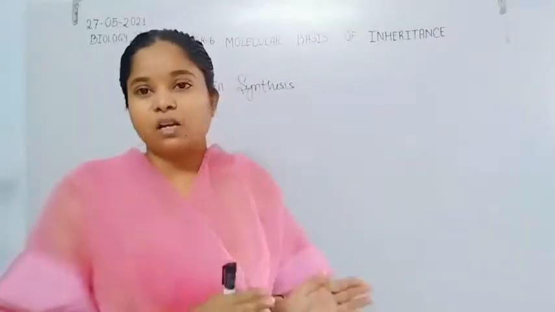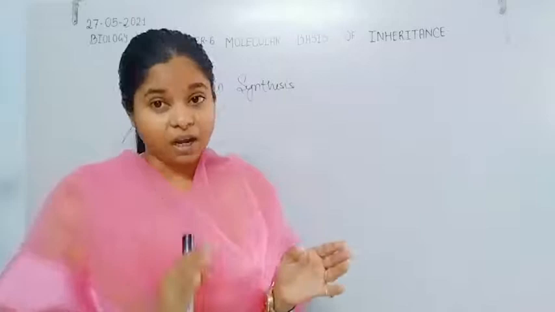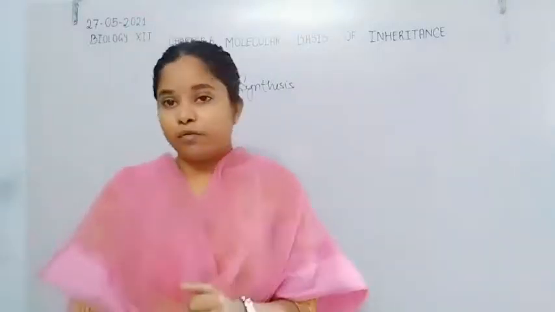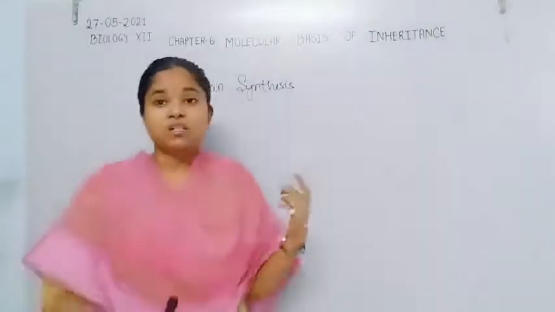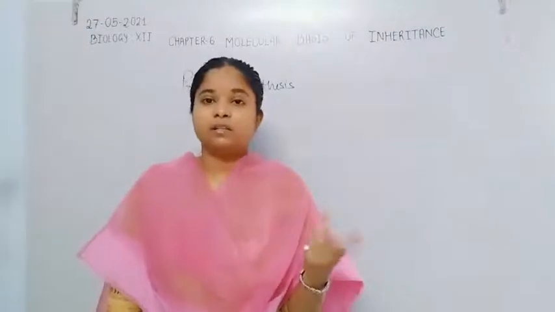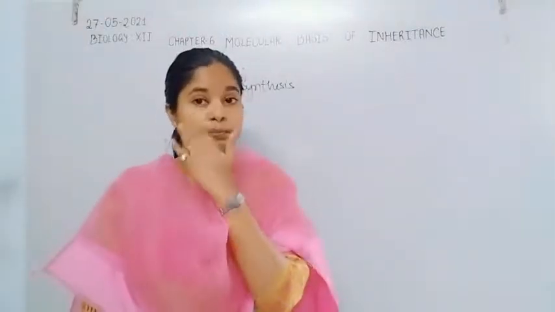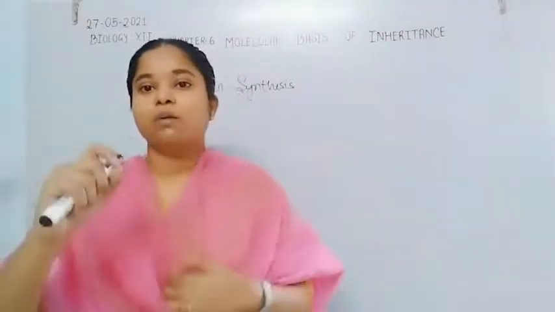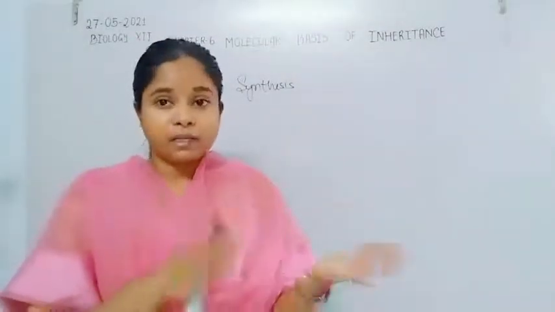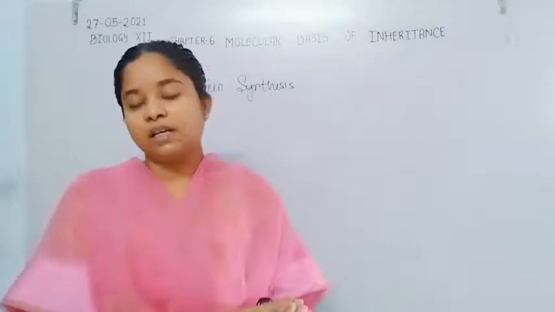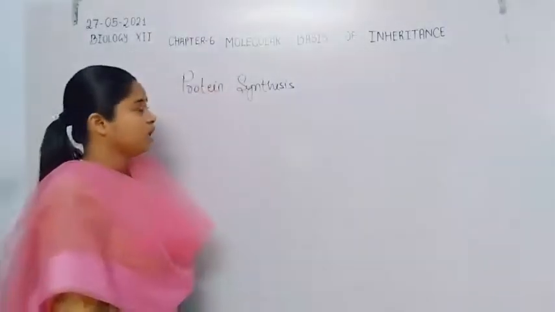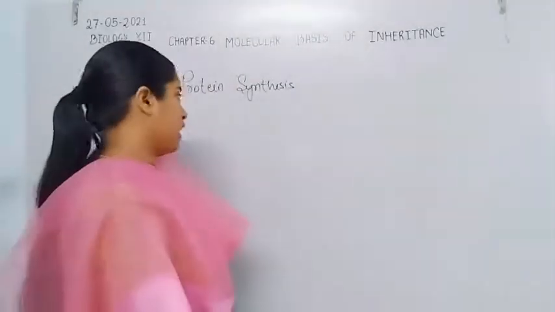As we already discussed in the previous class in detail, in the structure of ribosome, the small subunit and the large subunit have different sites for the binding of tRNA with amino acid: the A site, P site and E site. The A site is the amino acid binding site or aminoacyl tRNA binding site, and the P site is the peptidyl site, that means the peptide bond formation takes place at the P site. And the E site represents the exit site.